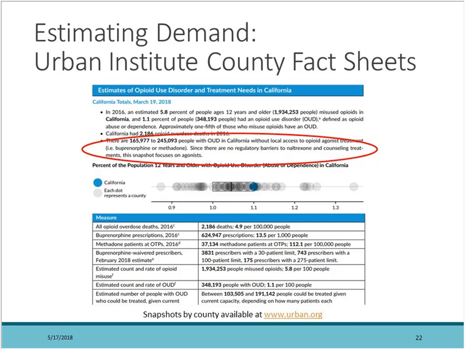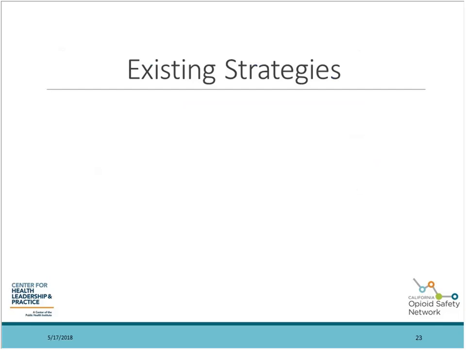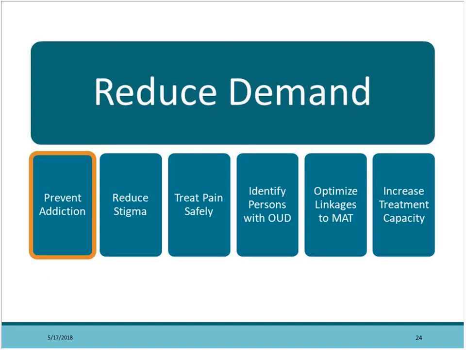So there's, I think, a convenient talking point for you in terms of your own advocacy at the local level to look at this Urban Institute fact sheet and get a sense of the numbers within your community that you're trying to address, because it suggests that we need more than tinkering on the margins of the existing systems, but categorical change in the way we're approaching this problem, which is why the coalition approach is so necessary.